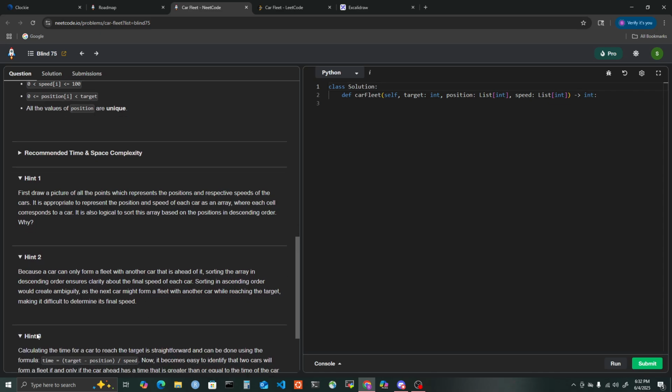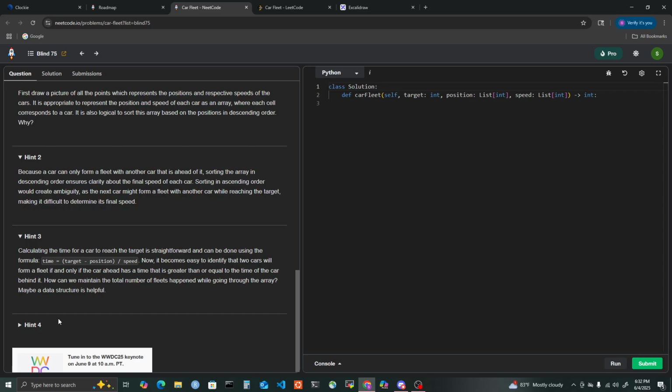Okay, let's continue onwards. Calculating the time for each car to reach the goal is straightforward and can be done using that formula. The time equals target minus position divided by speed. Now it becomes easy to identify that 2 cars will form a fleet if the car ahead has a time that is